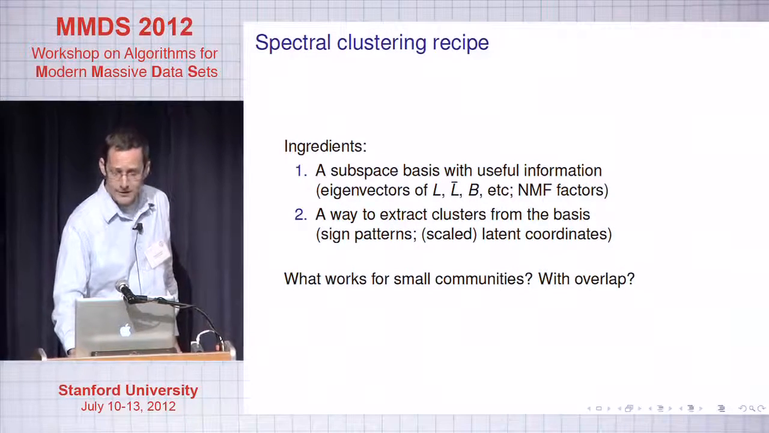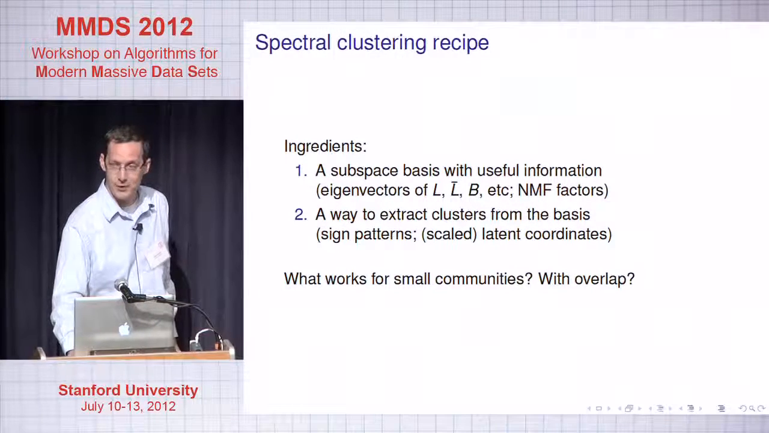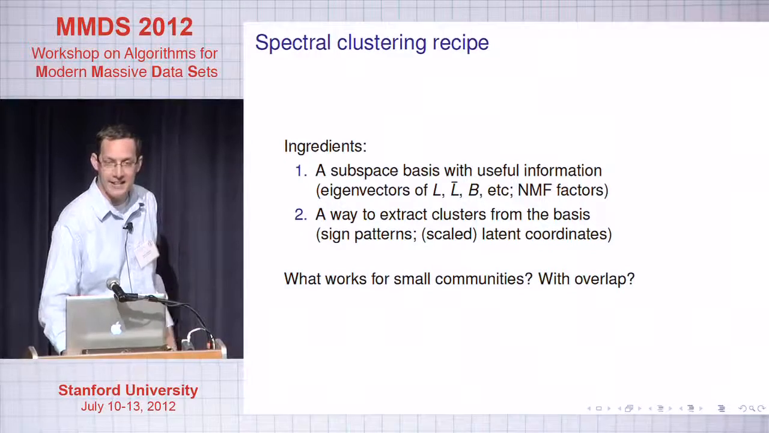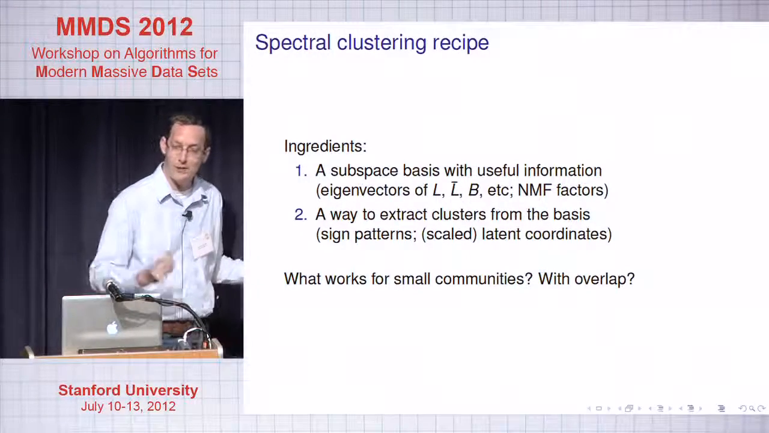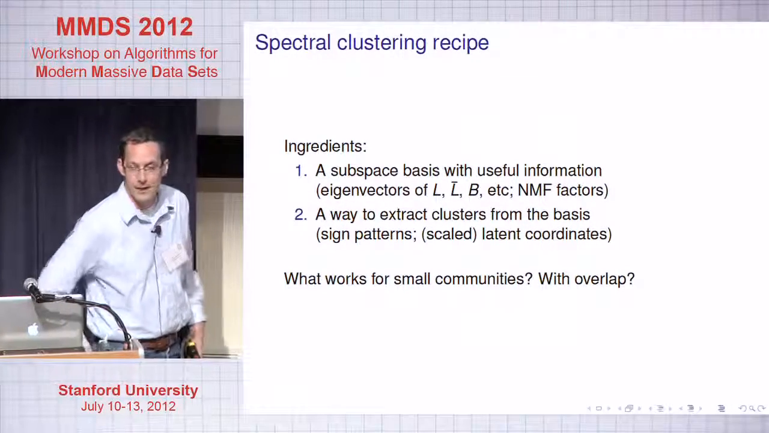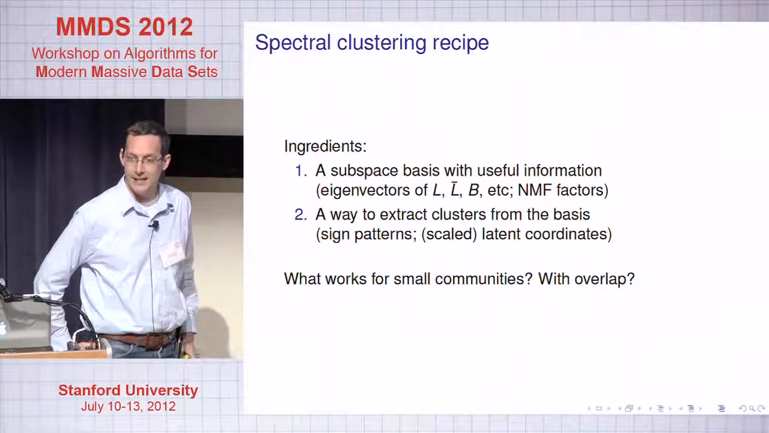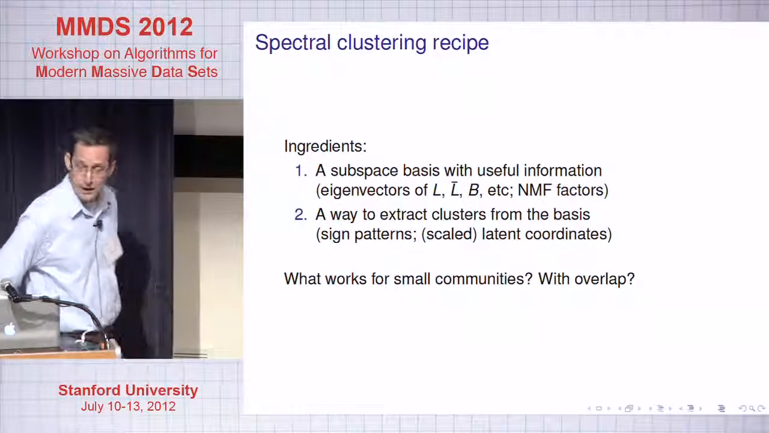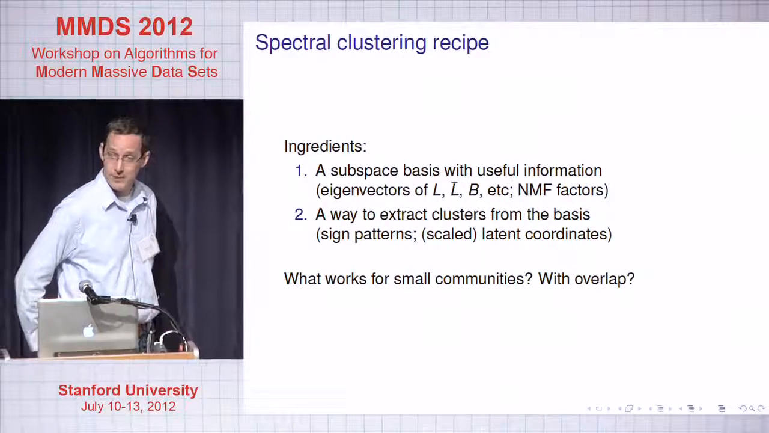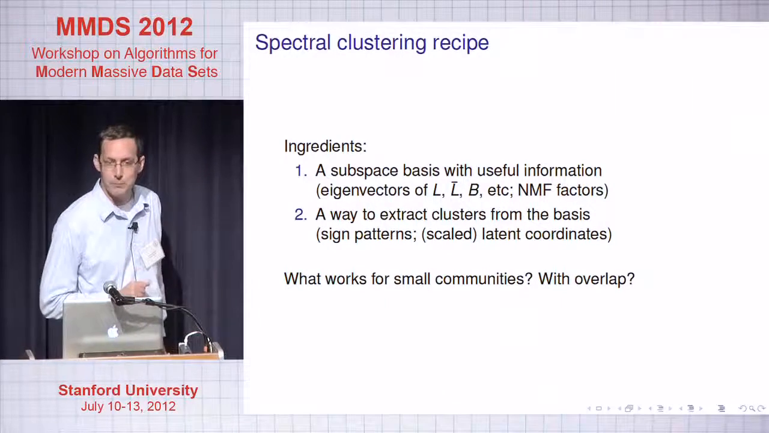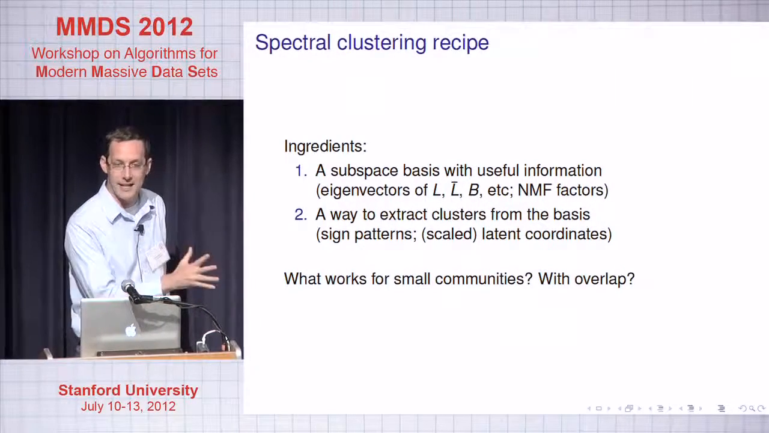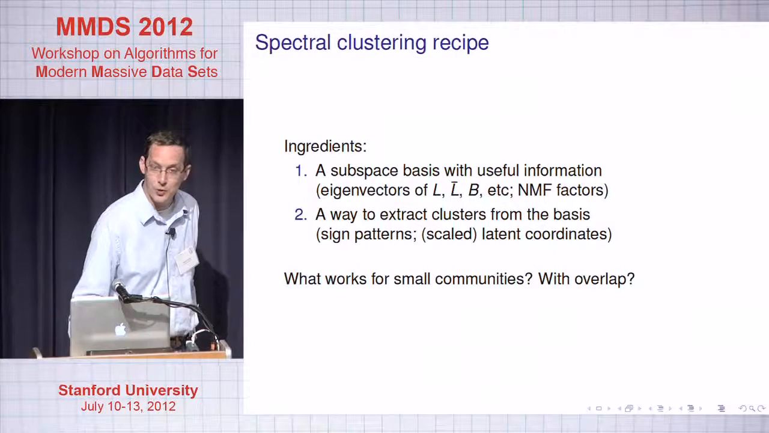So most spectral methods do a pretty good job at detecting large blocks, large clusters in a graph. And they do a pretty good job at detecting things that are disjoint from each other. And what I'd like to do today is explore a couple of ideas of how to extend beyond large disjoint communities